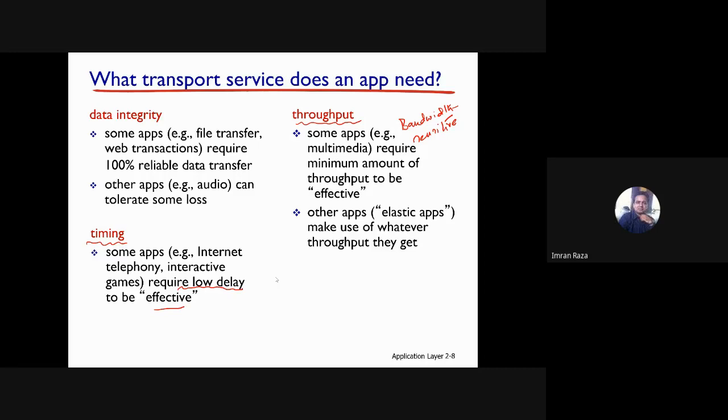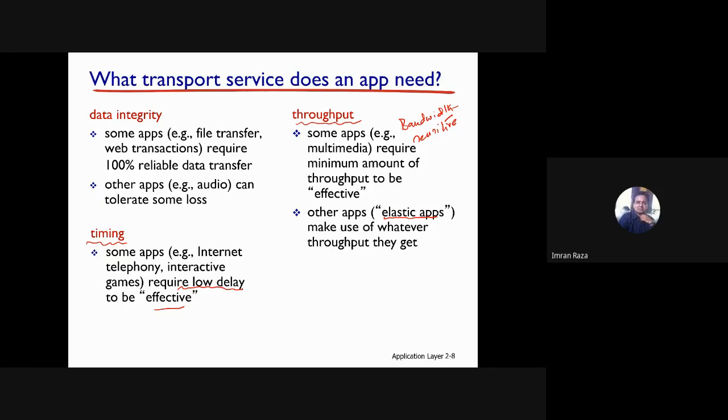But on the other side, we have applications that are elastic. These are applications that make use of whatever throughput they get. They can make use of as much or as little throughput as happens to be available.